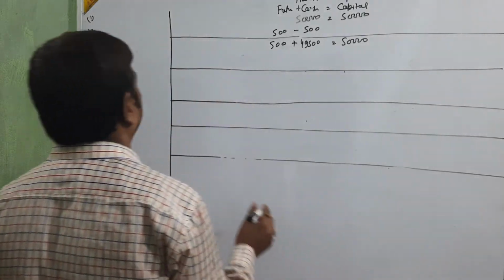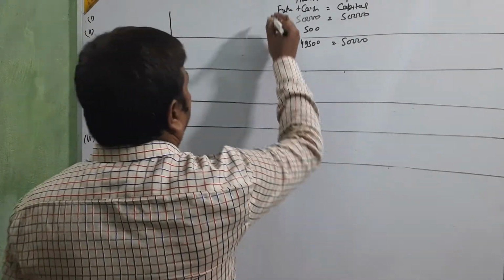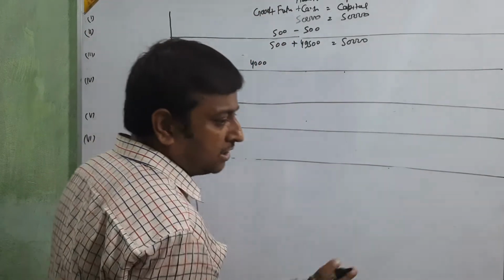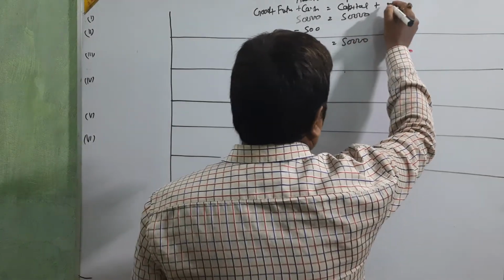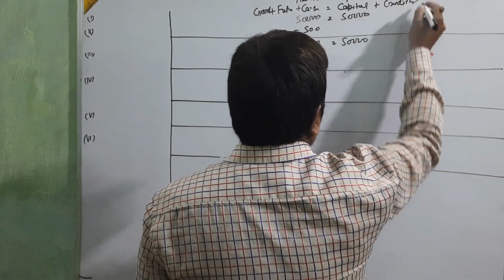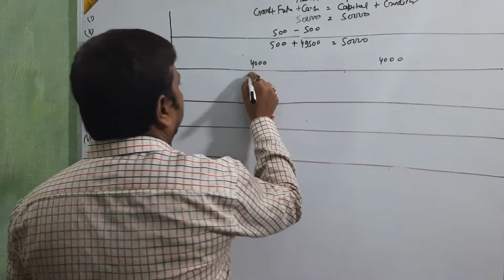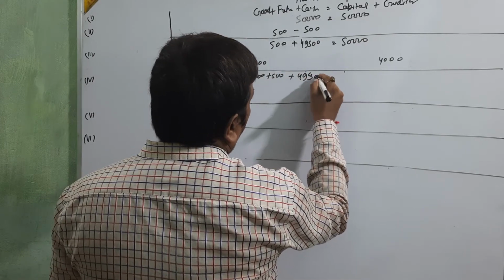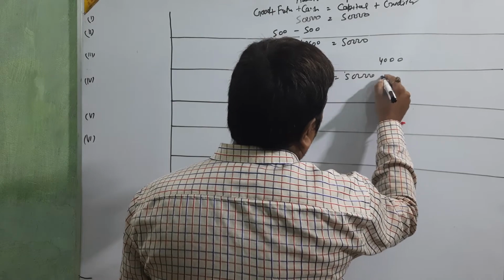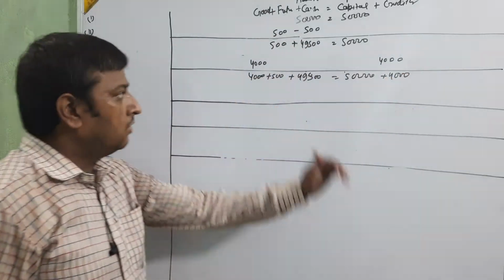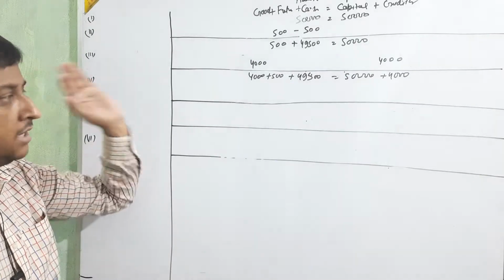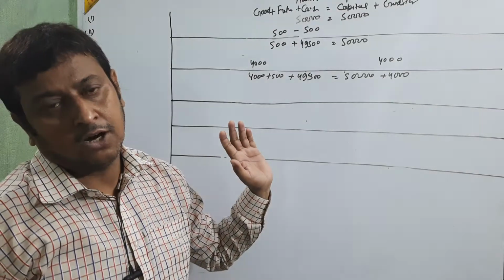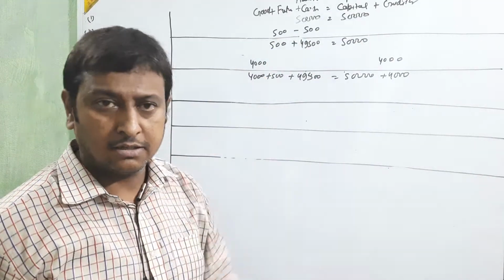Next, purchase goods on credit of 4,000. First we purchase goods, so goods are coming into the business. Just write goods, but on credit, so we are not reducing cash. Make the creditor 4,000. Then finalize: 4,000 plus 500 plus 49,500 is equal to 50,000 plus 4,000. Okay beta, only taking the plus or minus, that is called finalize. Check that both sides are equal, then everything you are doing on the top side is right.